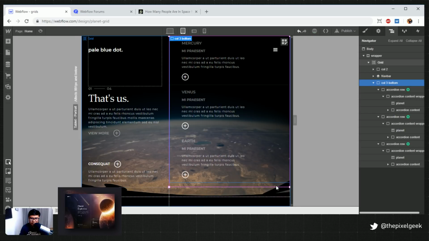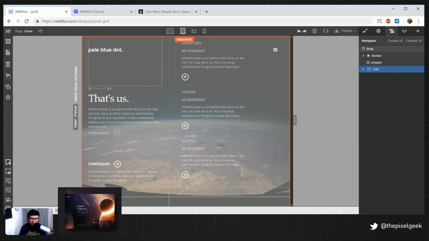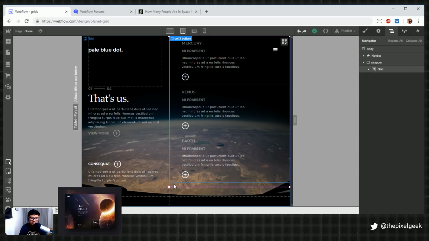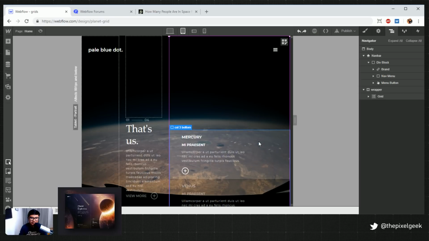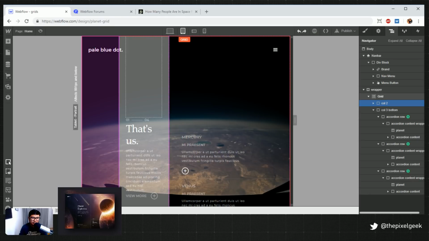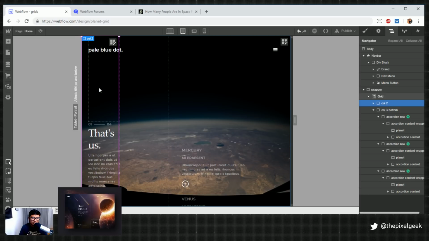Why didn't you move? Okay. Undo. Oh, so when it turns white, it's moving the element. When it turns pink, it's moving inside the grid. Okay, I'm learning.